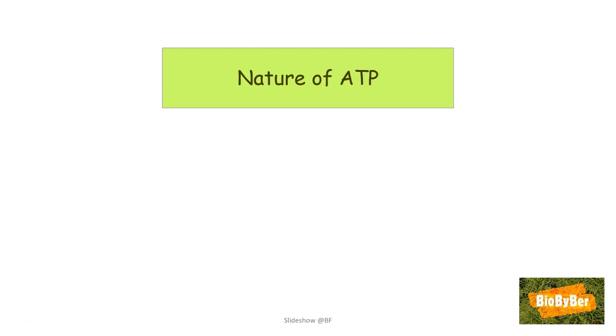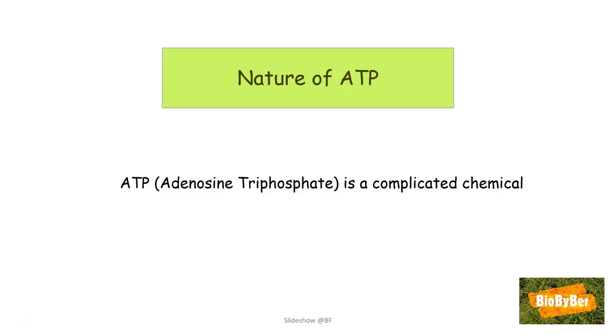Let's go. What is the nature of ATP? Well, ATP is an acronym or an abbreviation for a complicated chemical called adenosine triphosphate. You can see A for adenosine, T for the tri, and P for the phosphate, ATP. The bad news is, though, you are expected to remember the word adenosine triphosphate because it is actually mentioned on